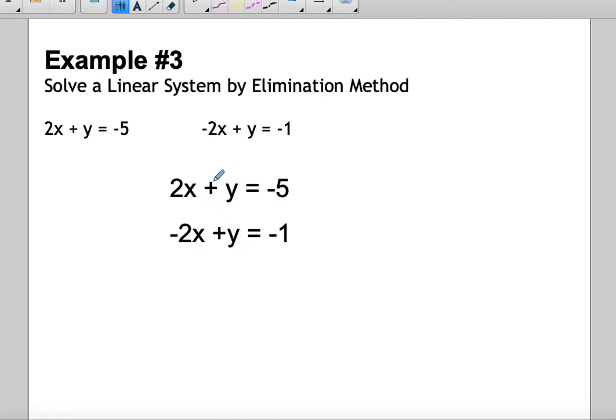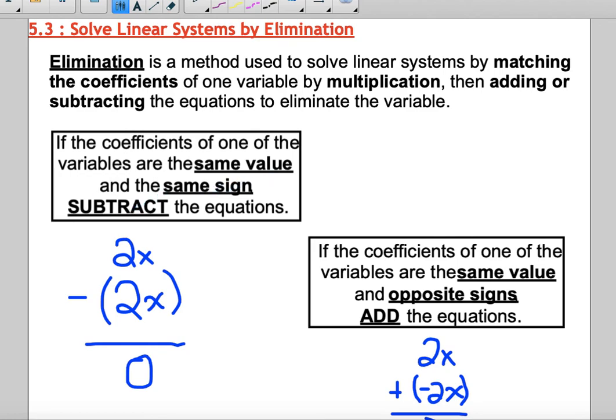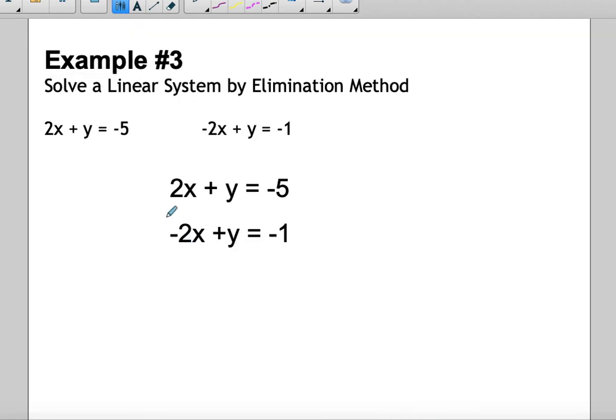So when I look at this, I see here that these two signs are the same. They're both addition. They have the same coefficient. So when the signs are the same, if you go back to here, the rule is to subtract. So we are going to subtract. Now, why did I put this in brackets? Well, because I have negative signs here, and we don't want them to get lost. So when we subtract,